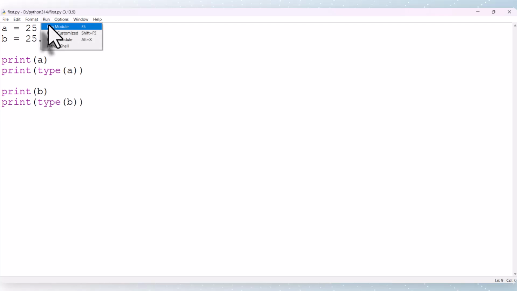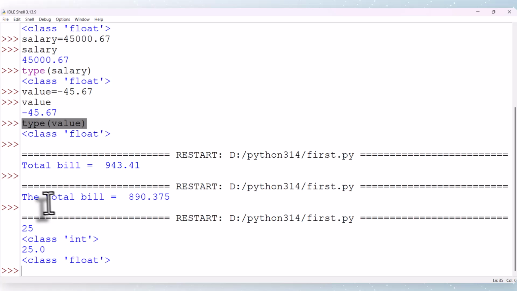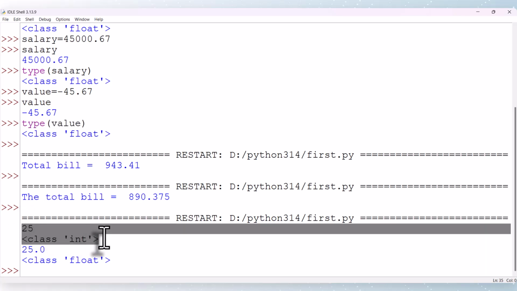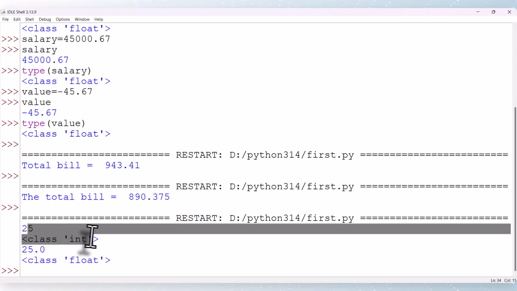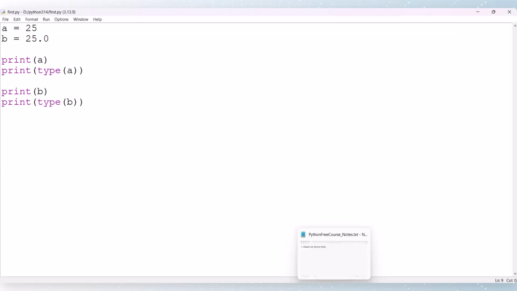Now let us save and execute this program. Now you can see the first number 25 which is of integer type because there is no decimal value. But the second number is also the same number but it contains the decimal value, so now it is considered as a float. Python stores them as different data types. This is an integer data type and this is a float data type. The second thing,